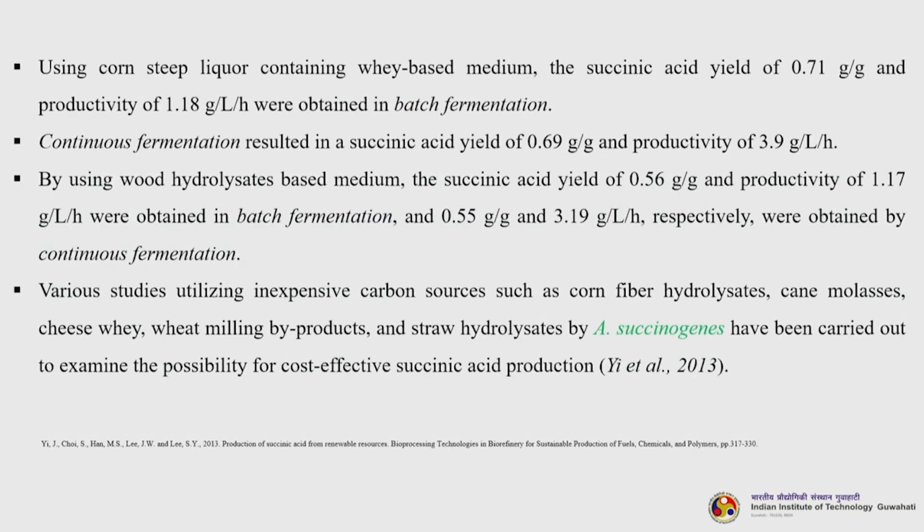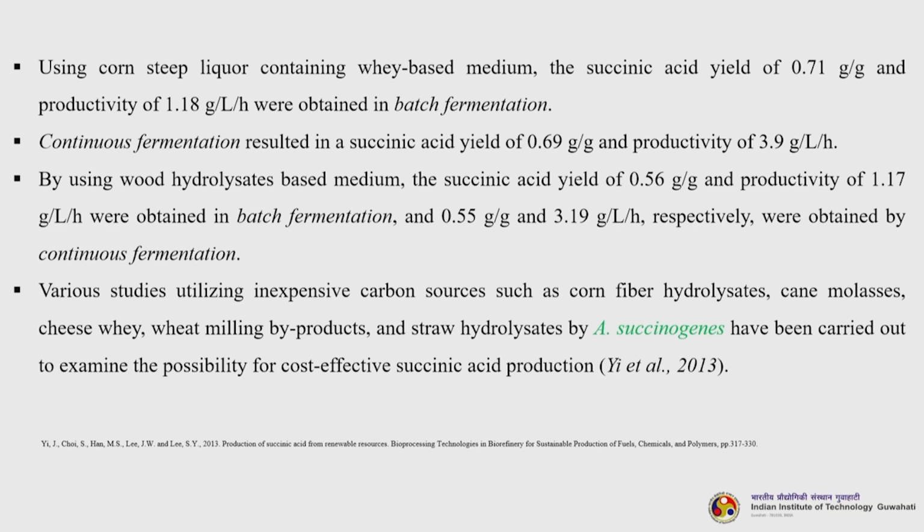Then using corn steep liquor containing whey based medium, the succinic acid yield of 0.71 gram per gram and productivity of 1.18 grams per liter per hour was obtained in batch fermentation. Of course, batch fermentation compared with continuous is always less productive, but it has its own advantages. Continuous fermentation resulted in succinic acid yield of 0.69 grams per gram and productivity of 3.9 gram per liter per hour. You just notice that the productivity is almost triple, 1.18 to 3.9, when we go from batch to